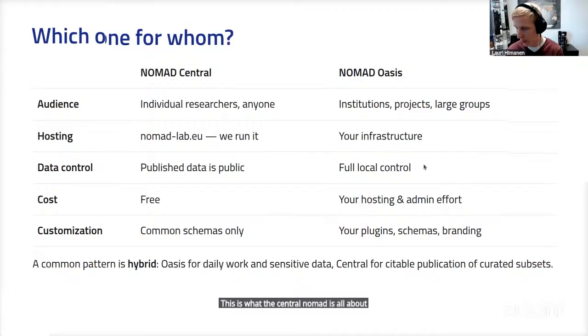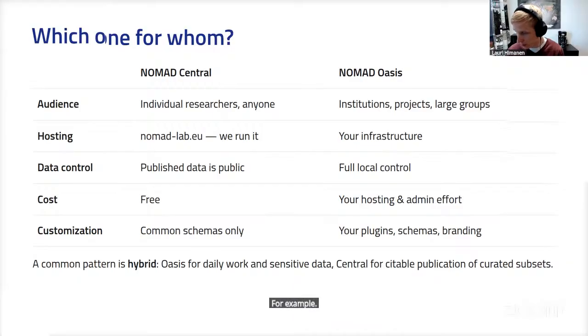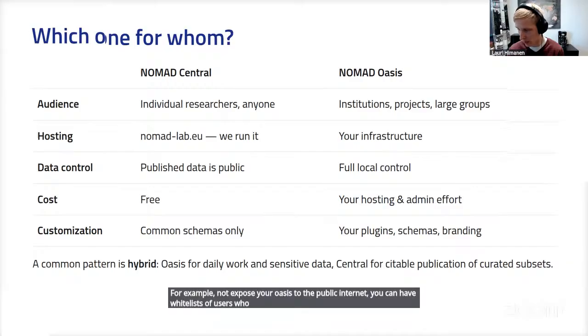And then on an Oasis, you have local control. You can, for example, not expose your Oasis to the public internet. You can have whitelists of users who can get access to it. You can control very granularly what sort of access different people have there.